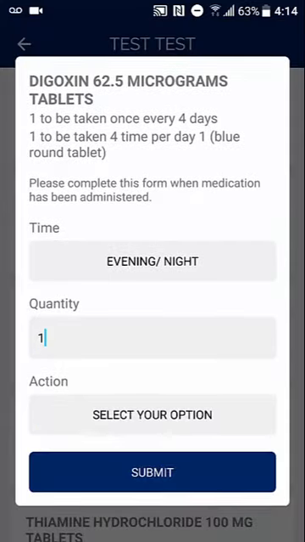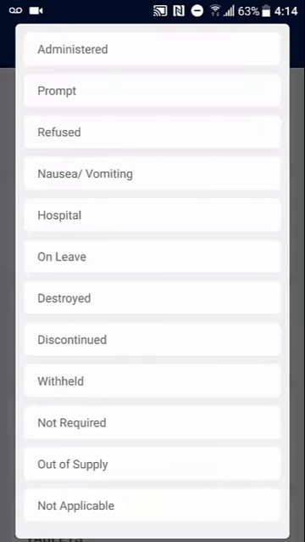And the action is, you can see now there's a number of options here as to what we're doing with medication. So there's administered, prompt, refused, nausea, hospital, leave, destroyed, discontinued, withheld, not required, out of supply, not available. Now, our policy is that if you have a MAR chart, then what is expected is that we will